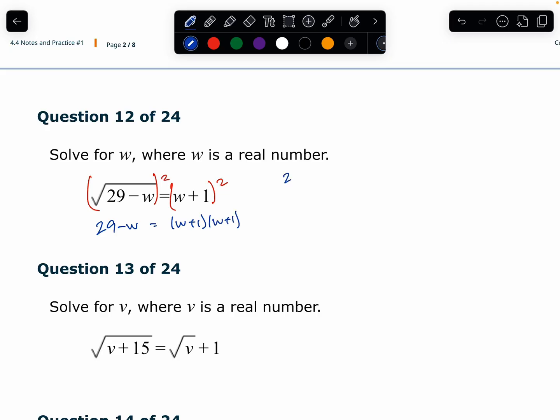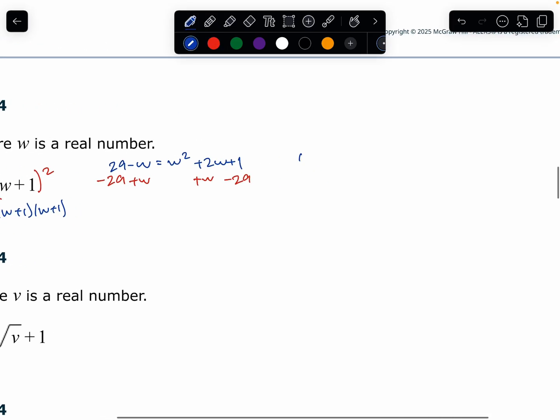So you get 29 minus w equal to w squared plus 2w plus 1 whenever you multiply this all out right here. And then I'm going to subtract 29 and subtract 29 and add w and add w. So then I'll have 0 on the left side. I'll get w squared plus 3w